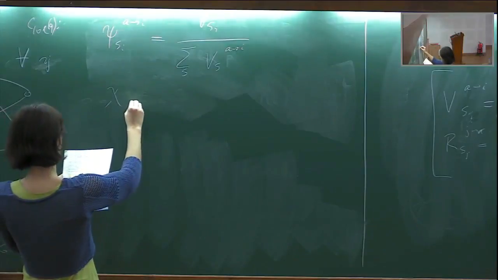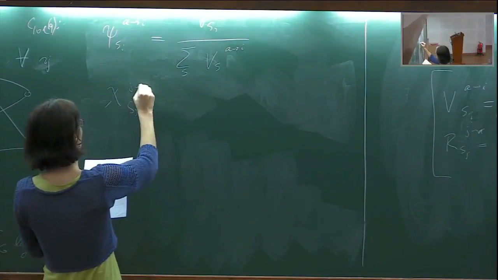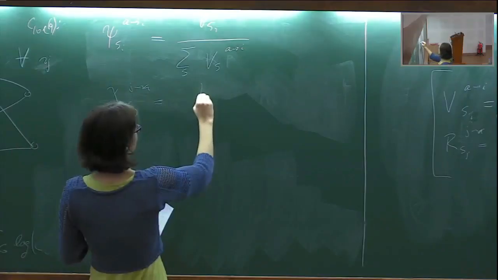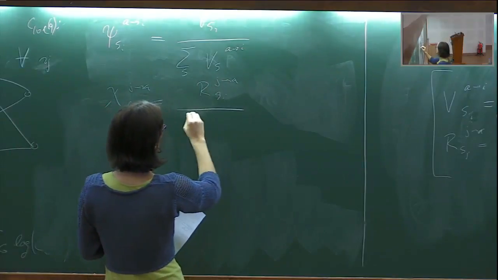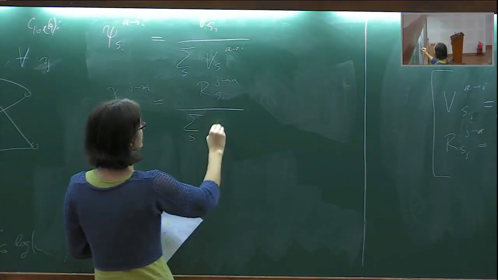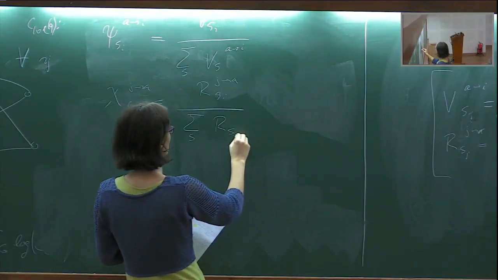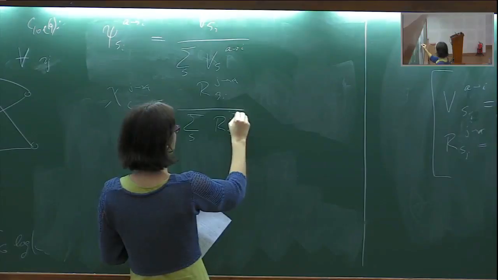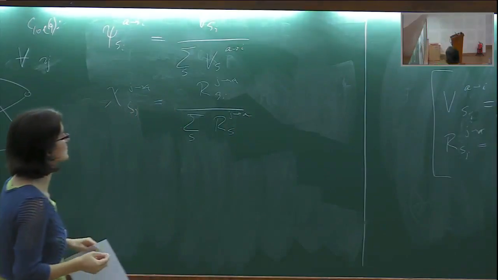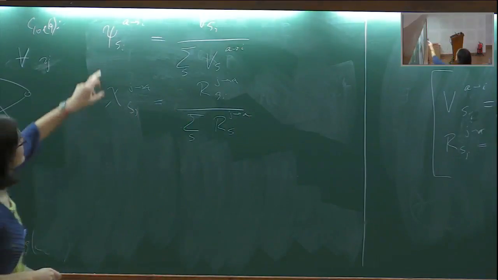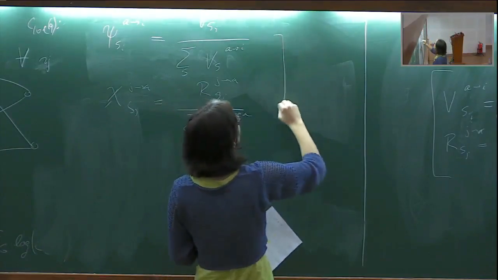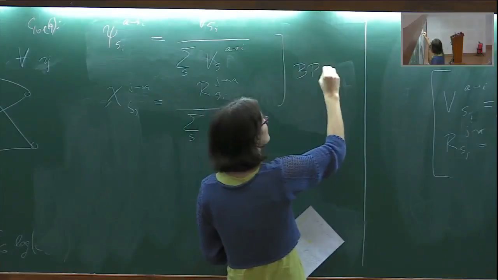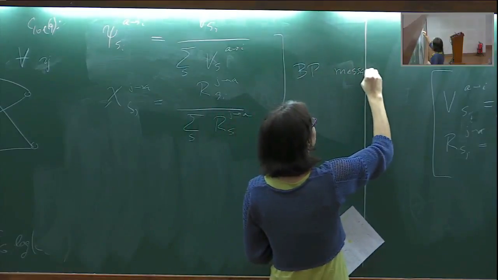Another one of them will be, of course, related to the R, but it will be related in the same way. It is exactly that R, except it is normalized in such a way that if I sum it over the components for every edge, then it sums to 1. So I define these messages. So this will be the belief propagation messages.